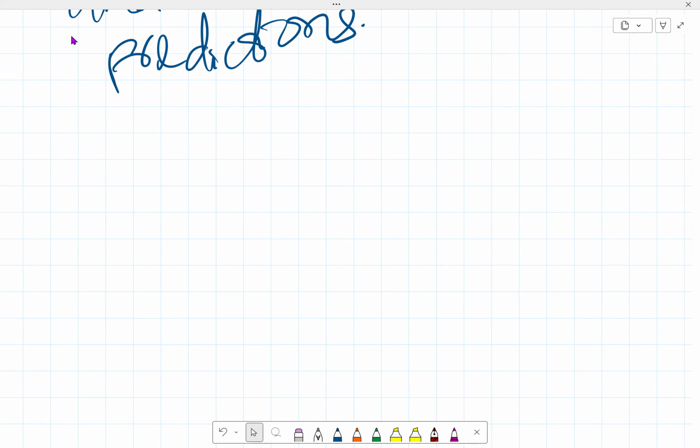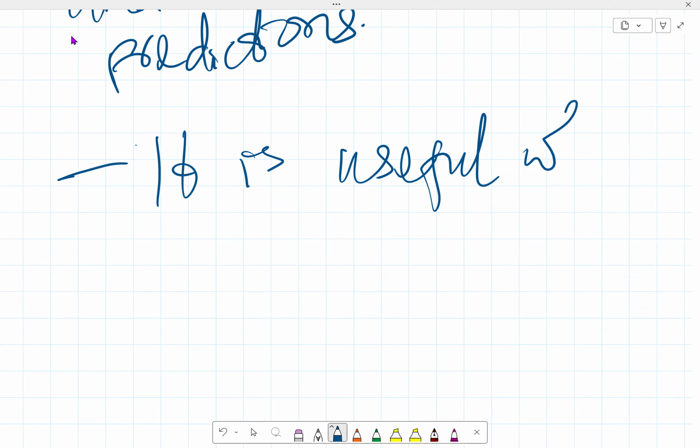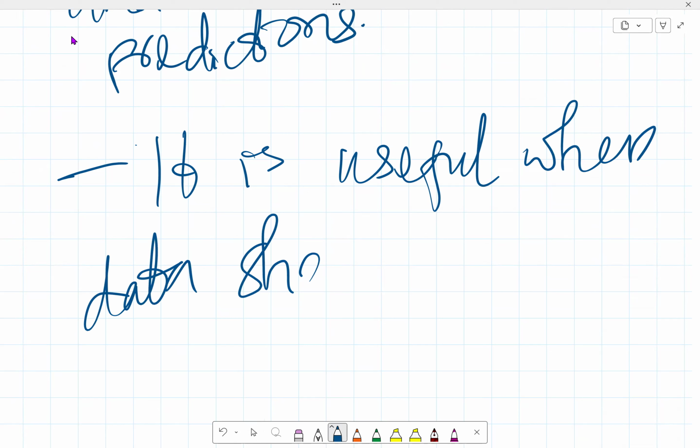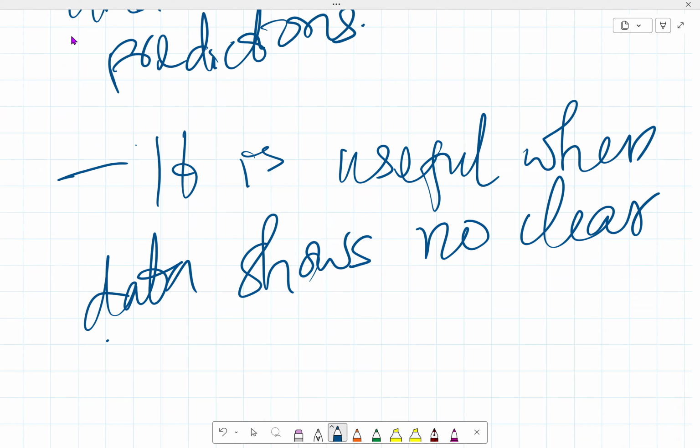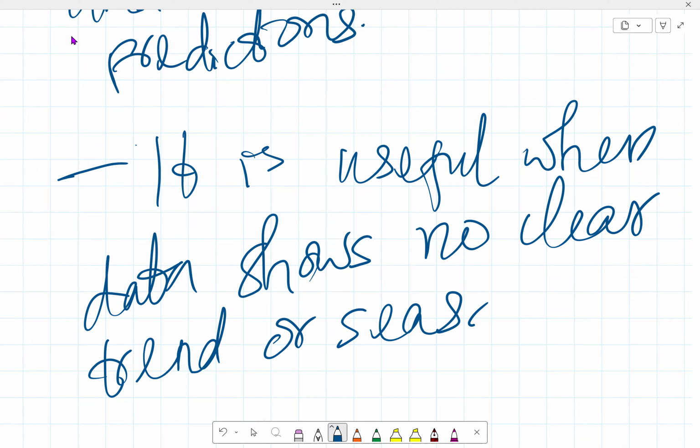It is particularly useful when data shows no clear trend or seasonal pattern,